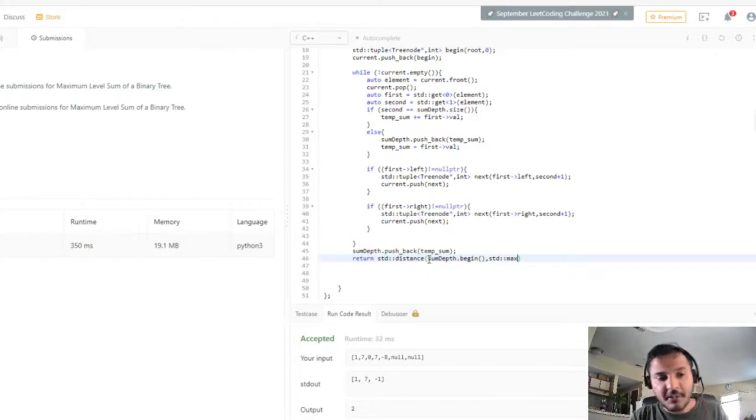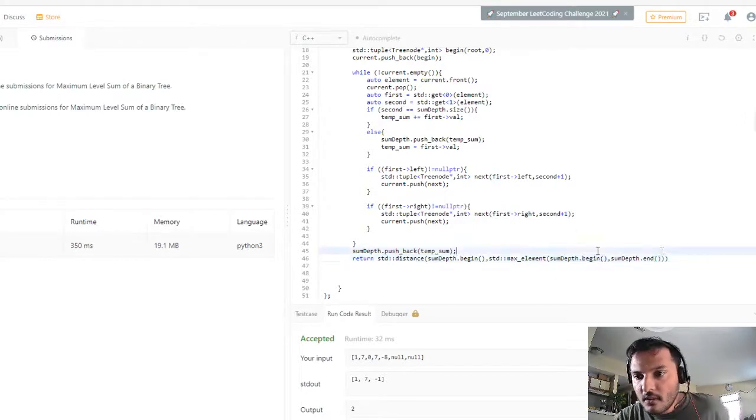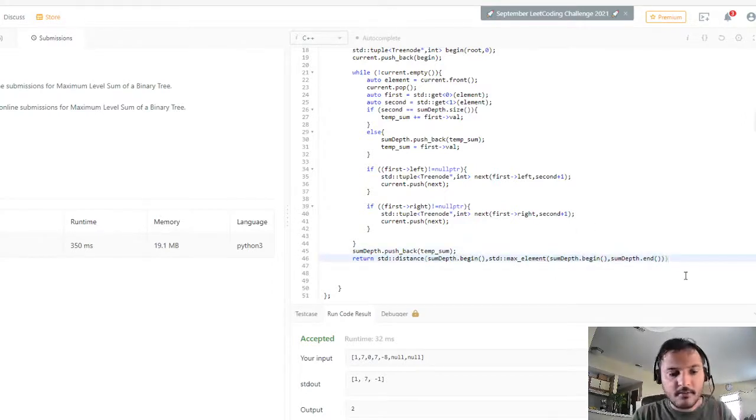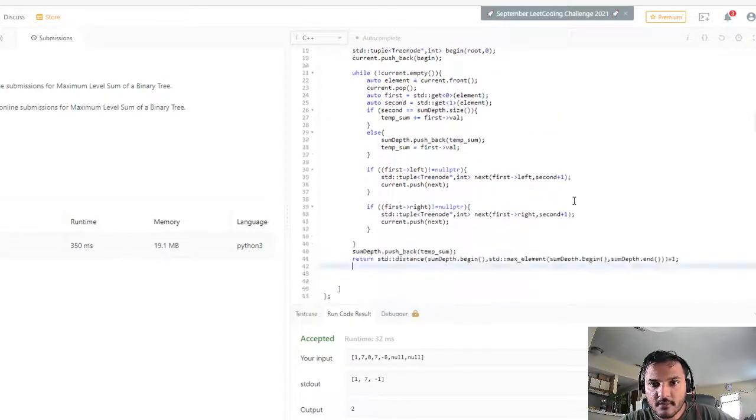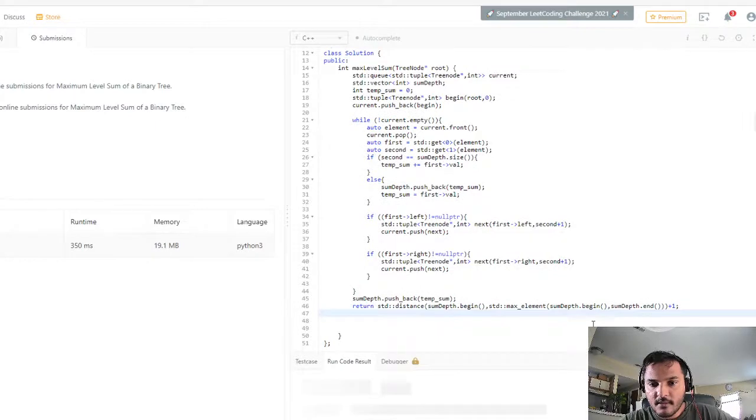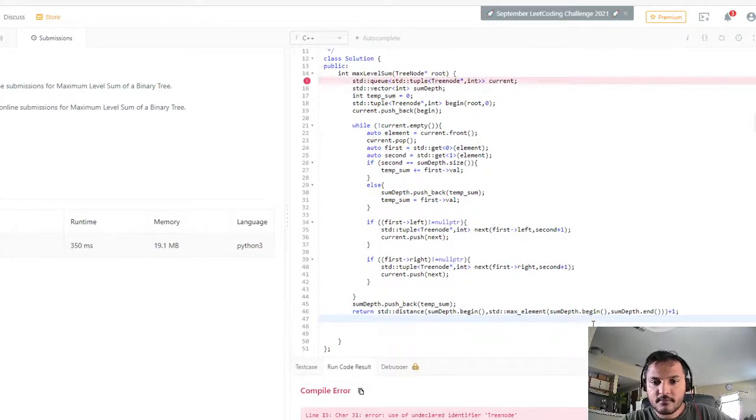So you can use max element to figure out what's the maximum. For that, also you have to give it the begin and end iterators. So begin and end. Awesome. And then because again there's an offset, we print this out. Let's run it. Let's see if we made any errors. It looks good. Let's run. Ooh,